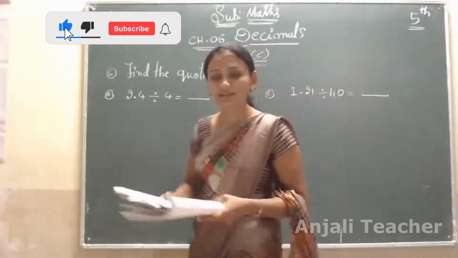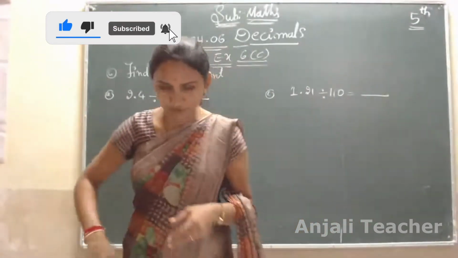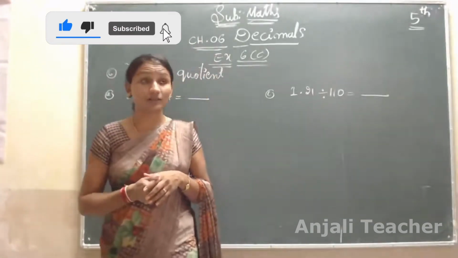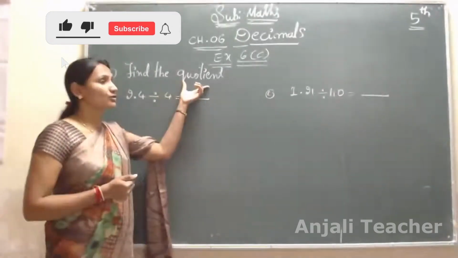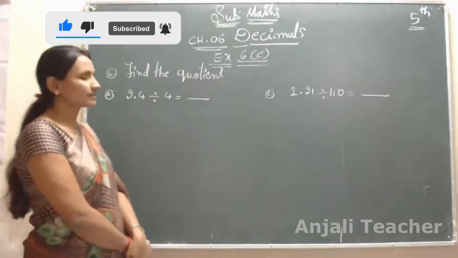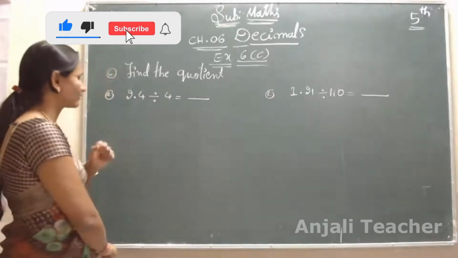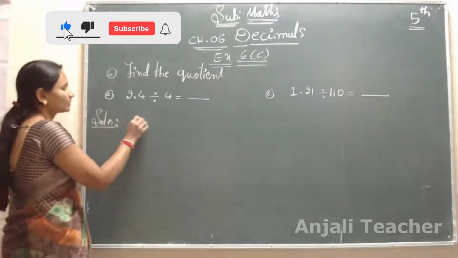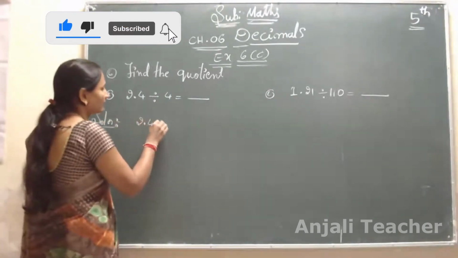Students, find the quotient. You already know the parts of a division: divisor, dividend, quotient and remainder. But now you have to calculate the quotient. How do you solve for this quotient? First you have to write the solution: 2.4 divided by